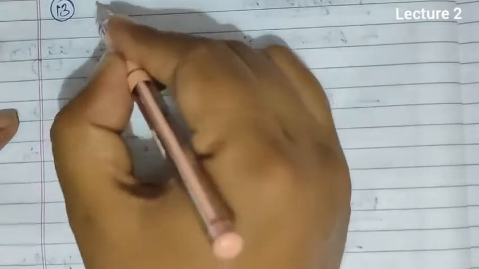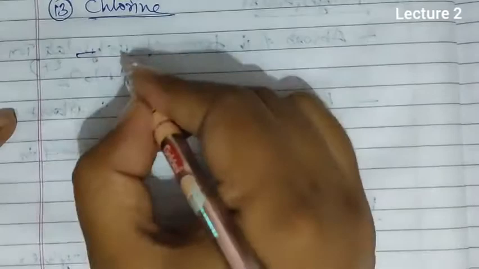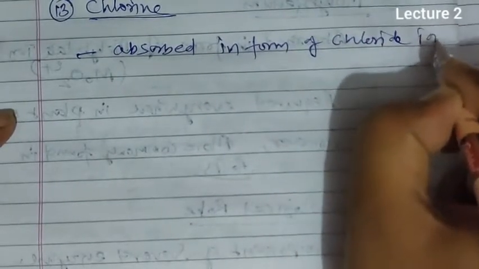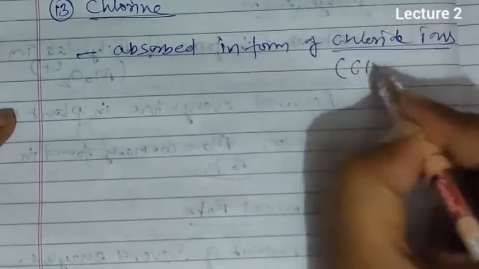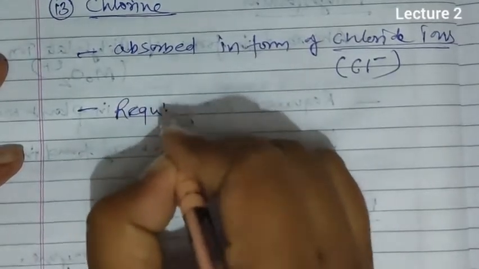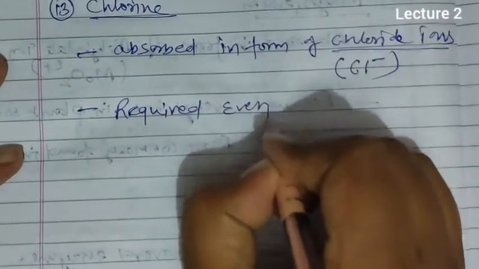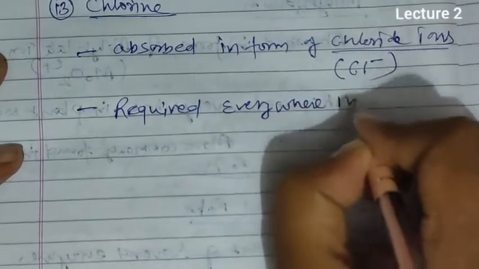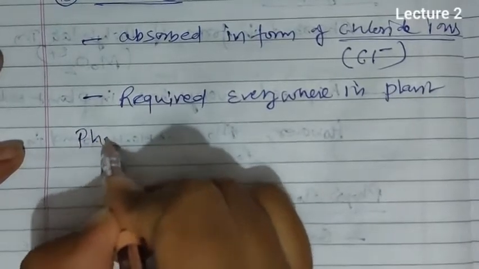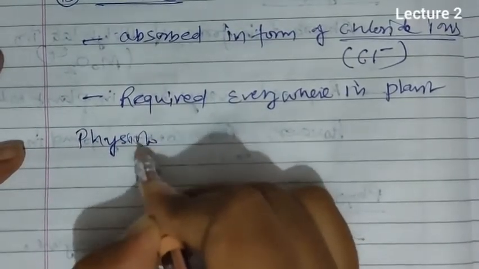Next micronutrient is chlorine. Now chlorine is absorbed in form of chloride ions, that is Cl minus, from the soil, required everywhere in plant. And when we come to the physiological role,